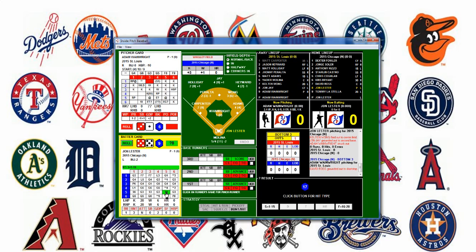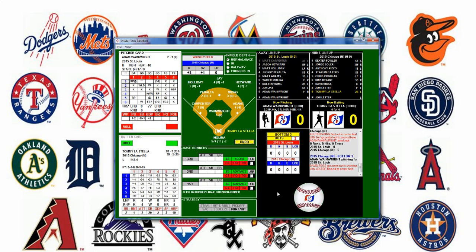Let's take a look. The result is a 17. So 1 to 15, he had a really good chance of getting a single here, but the dice roll said 17, so 17 falls in the fly out. So he's going to fly to center. So that's what the 8 represents, and that's a fly out. So that's 2 outs, and